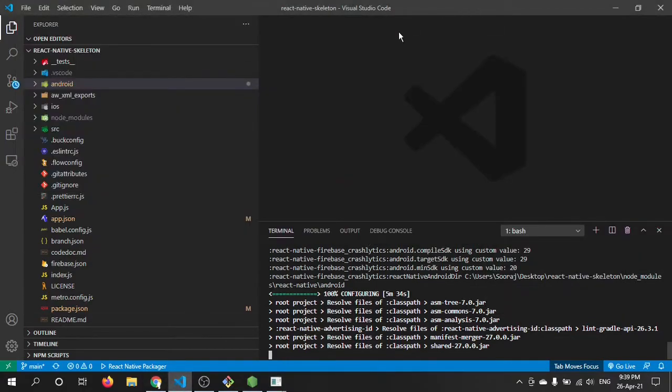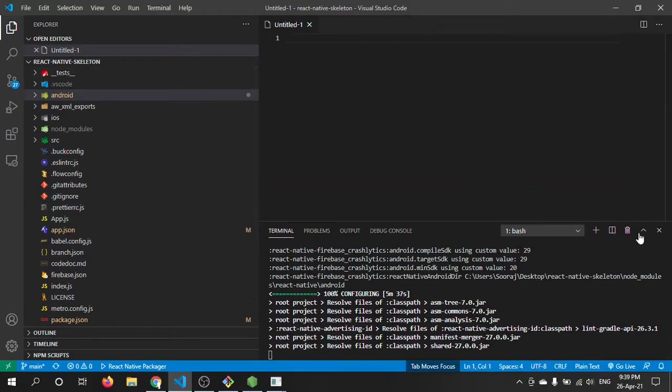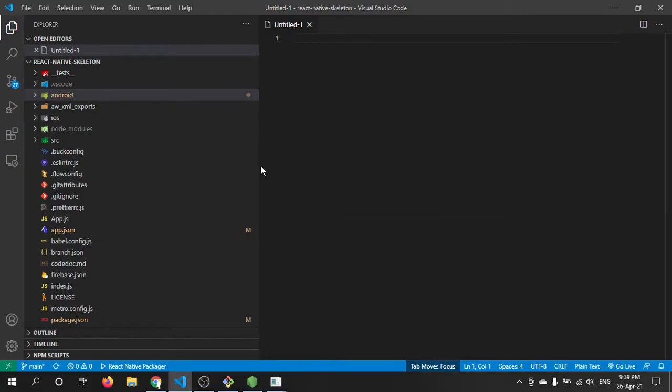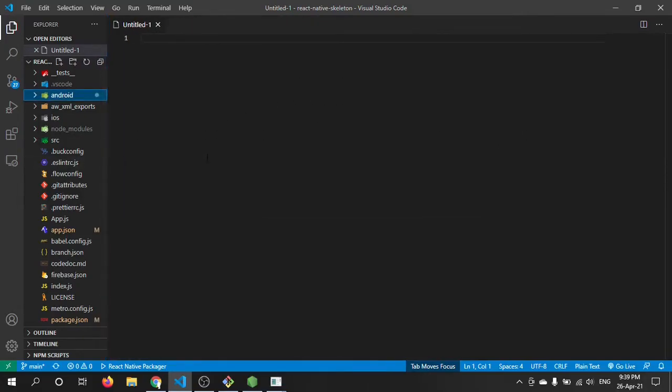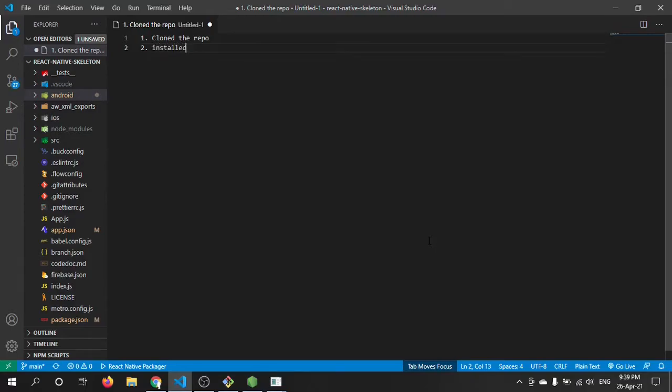Okay, in the meantime, we can look into what kind of things we have done right now. The first thing that we did is clone the repo. The next thing is that we installed node modules, then renamed the package id and component name.